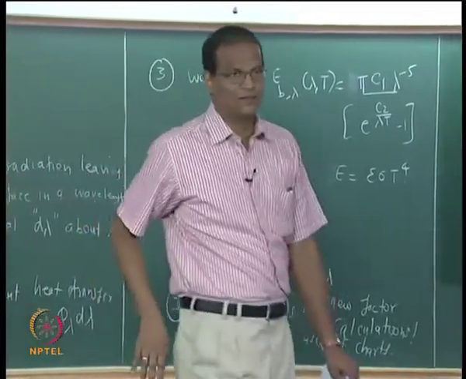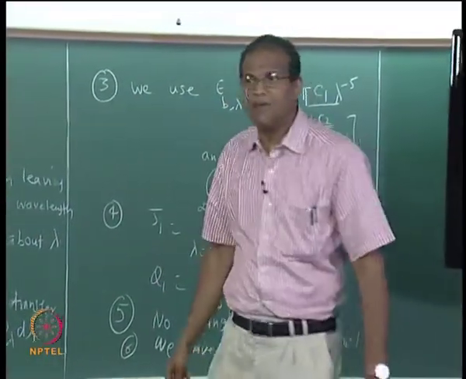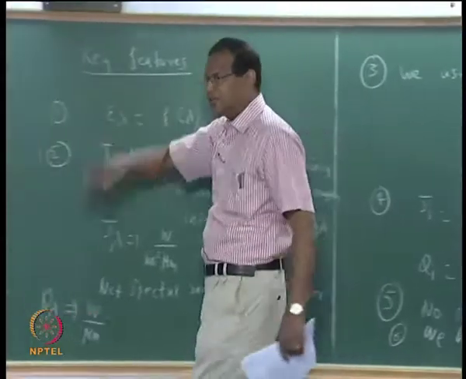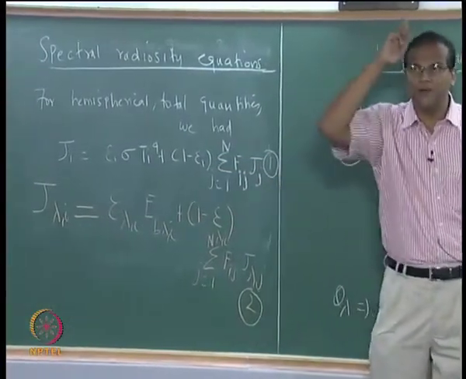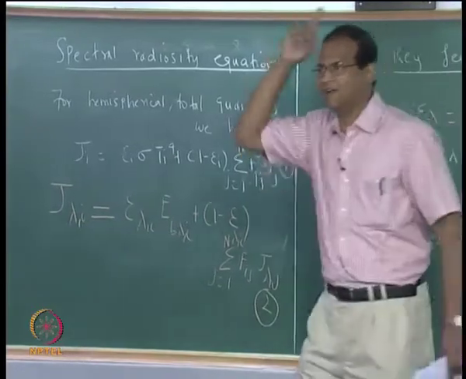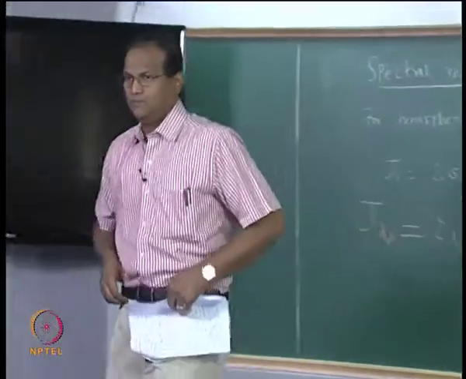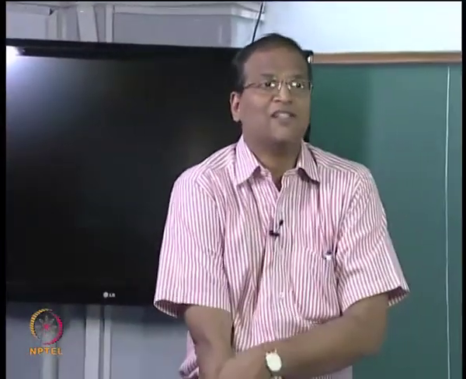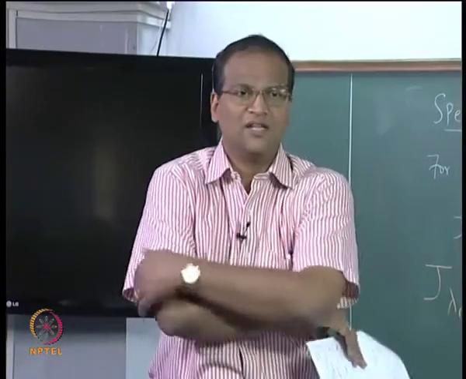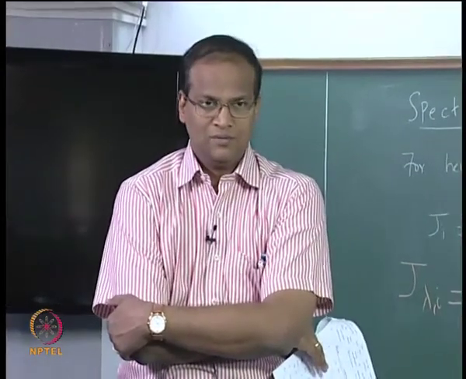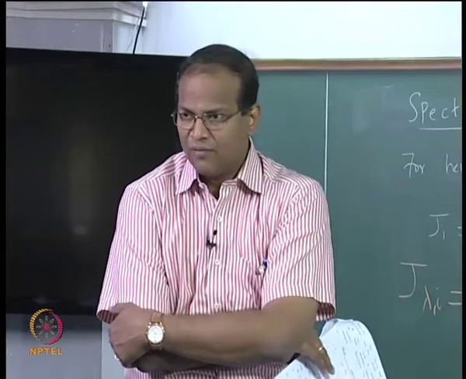Is that okay? So what is the additional labor involved? You have to first get the view factors and write out the radiosity equations, but radiosity equations have to be written for each and every wavelength. But the wavelengths and the surfaces are not coupled. That means for every wavelength you can independently solve. Are you getting the point?